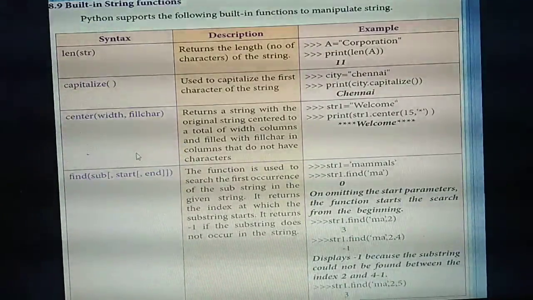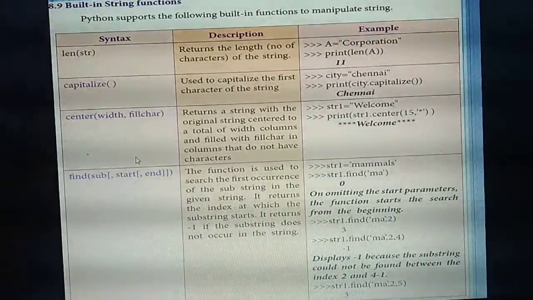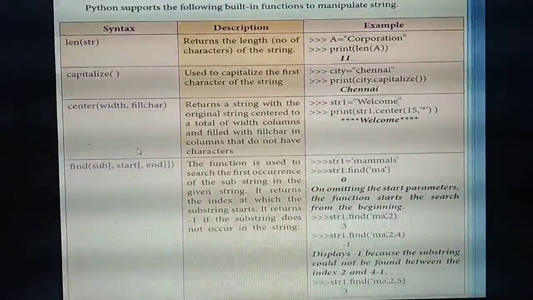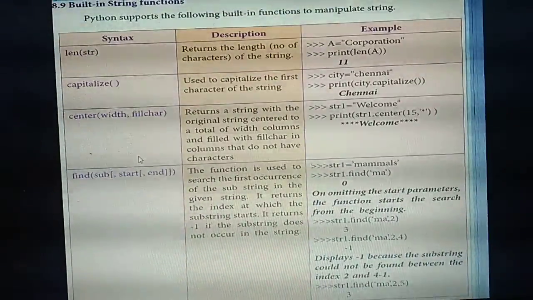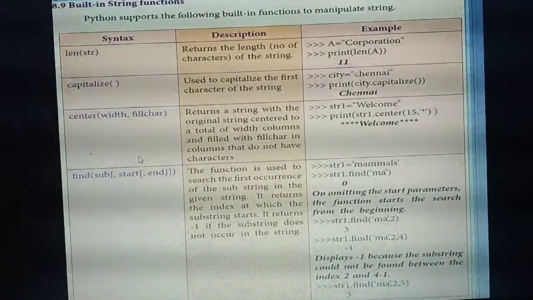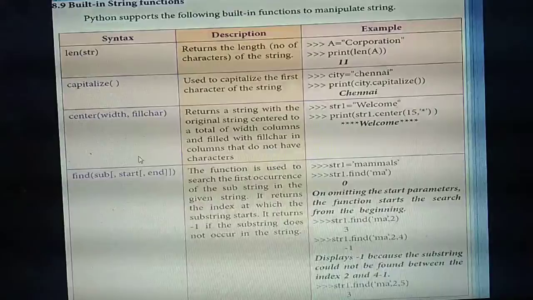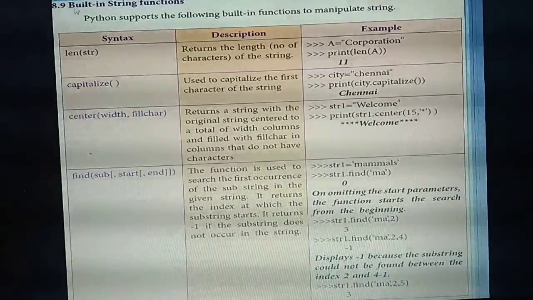Listen. First thing, these are the string functions. In the last chapter we studied some mathematical built-in functions. Here we have built-in string functions. First thing, len of str.